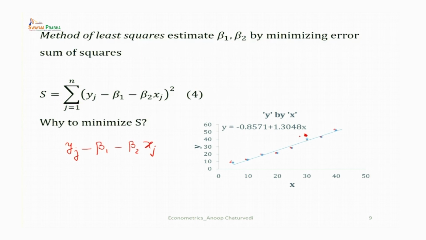So, you are mainly interested in these distances. Now, sometimes these distances are positive and sometimes these are negative. So, to make it free of sign, we take a square of this, and then we take summation over all the observations, j equal to 1 to n. So, we minimize S,